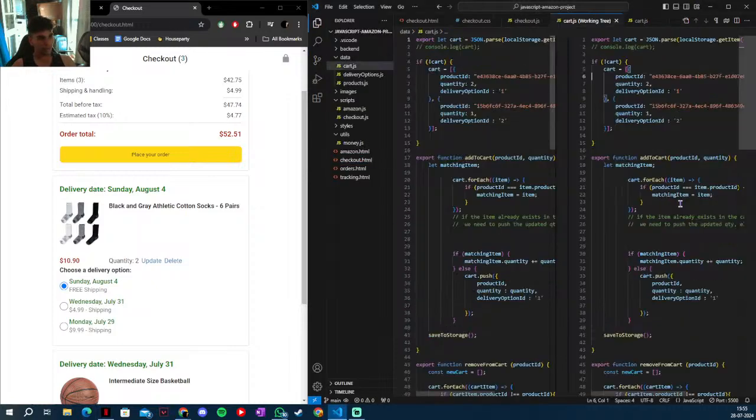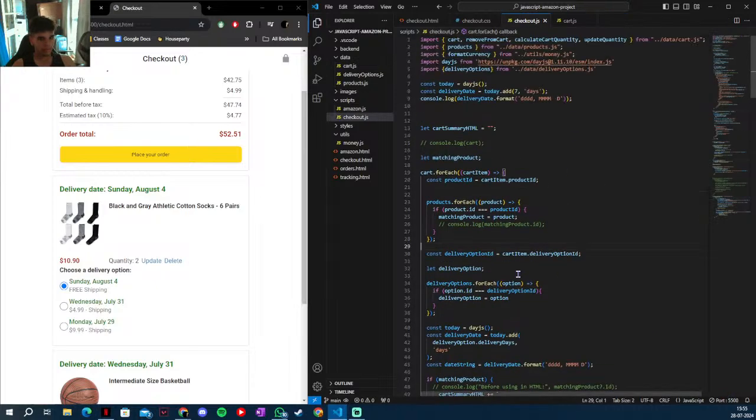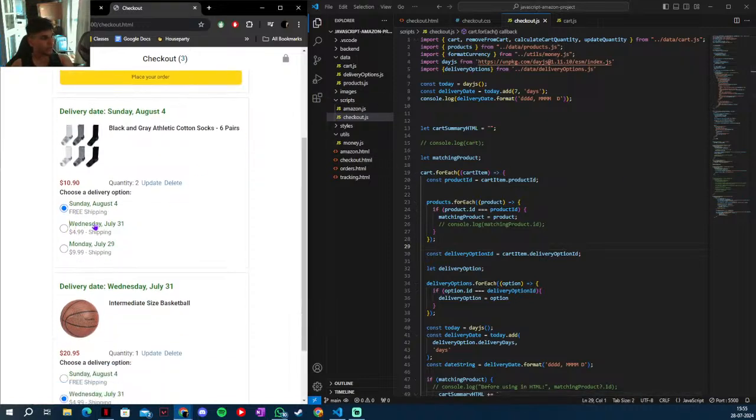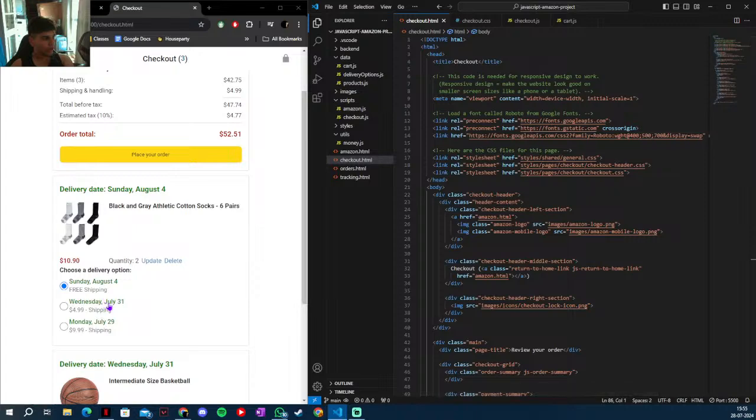The last step is to make it interactive. So when we click a delivery option, we need to do two things. First, we need to update the delivery option ID in the cart array. Yeah, that's what I was saying. So he's saying that once we click the delivery options, we have to update this in the cart,